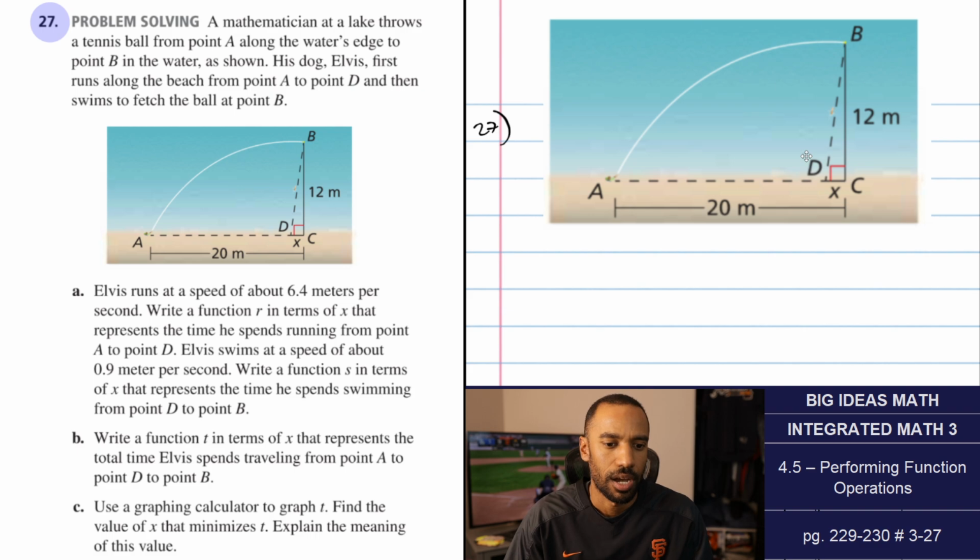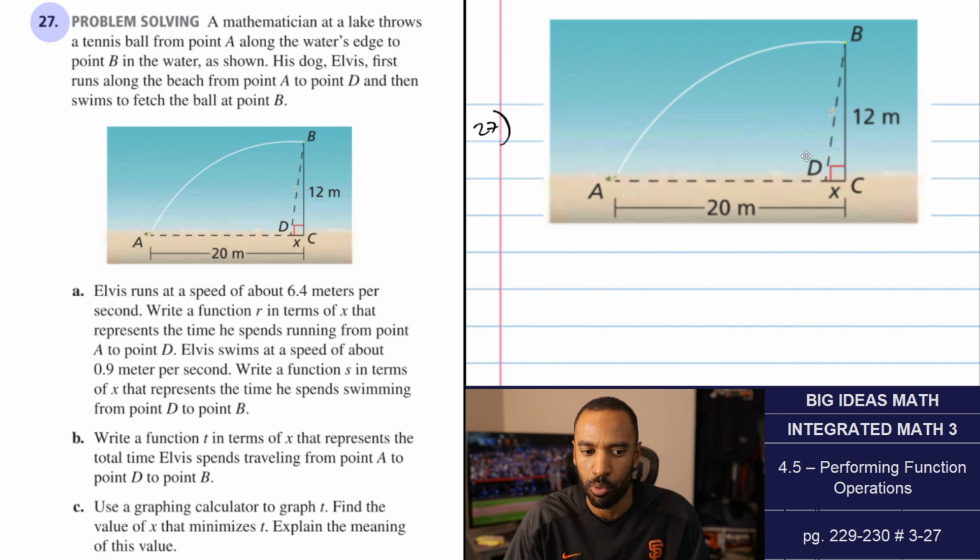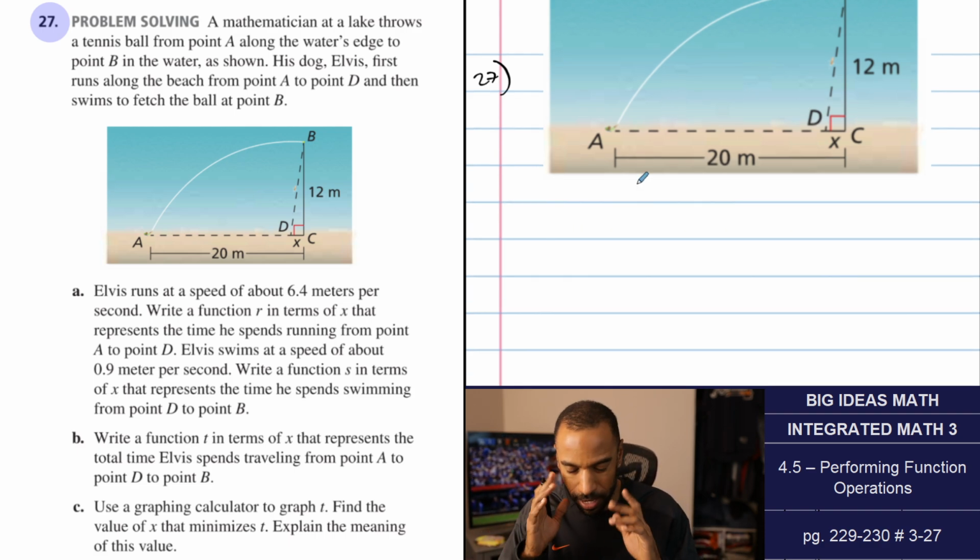Write a function r in terms of x that represents the time he spends running from point A to D. Elvis swims at a speed of about 0.9 meters per second. Write a function s in terms of x that represents the time he spends swimming from point D to point B. Okay, first of all, because I gotta think through this problem,